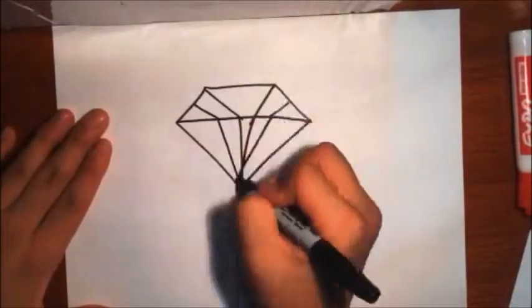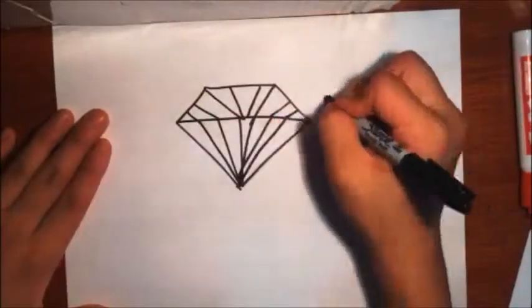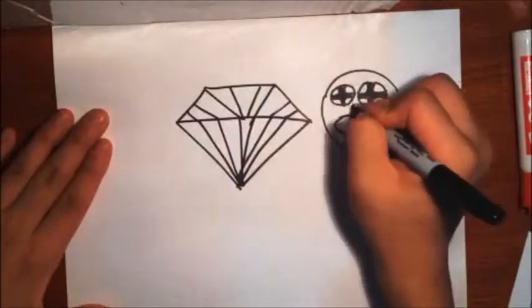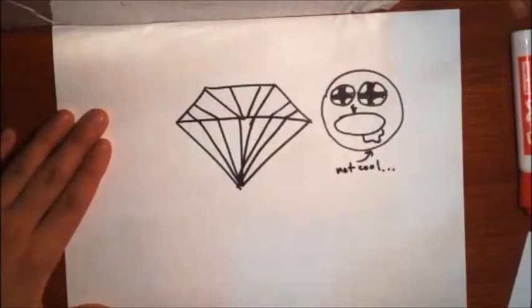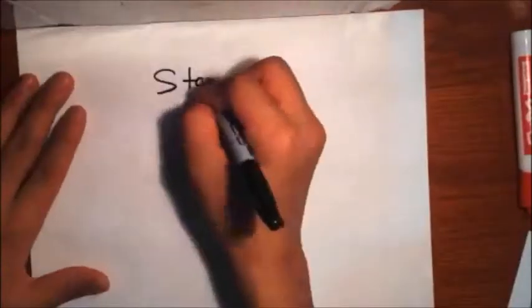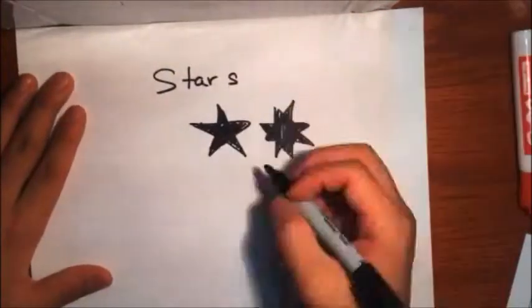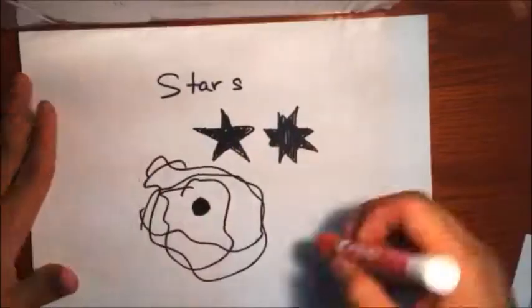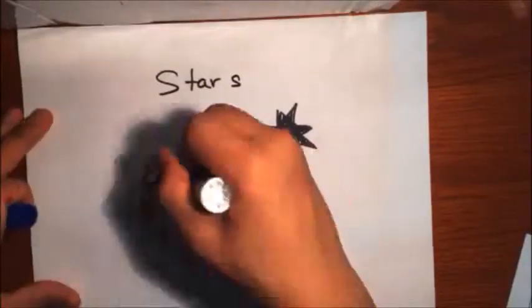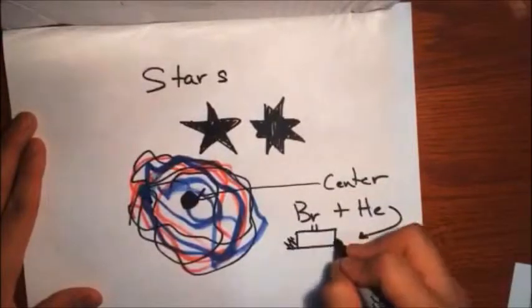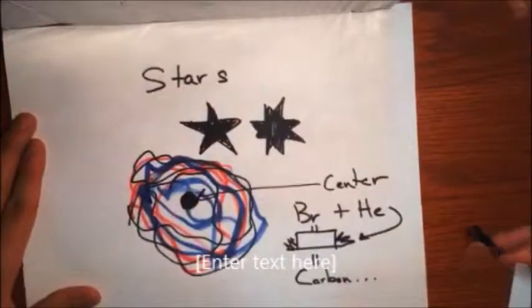Also, although I think I've said this before, carbon can be formed into diamonds and other specific jewels by constant pressure deep, deep down under Earth. Carbon is actually formed from stars, not the ones I'm drawing right now, but in the galaxy. Something that I guess looks like that. But in the center, it's a combination of beryllium and helium compressed together,